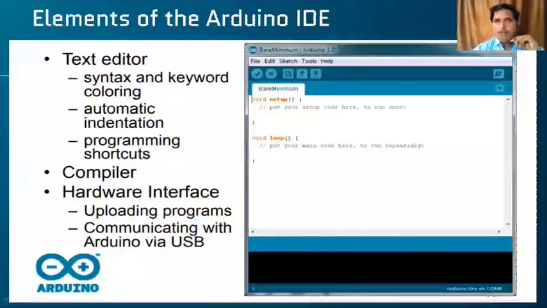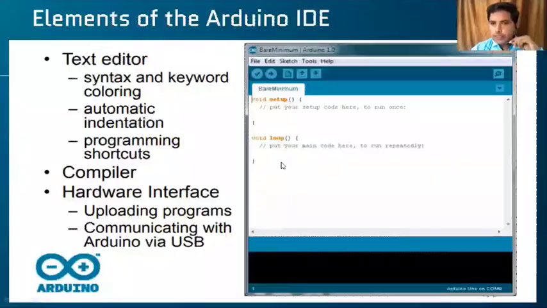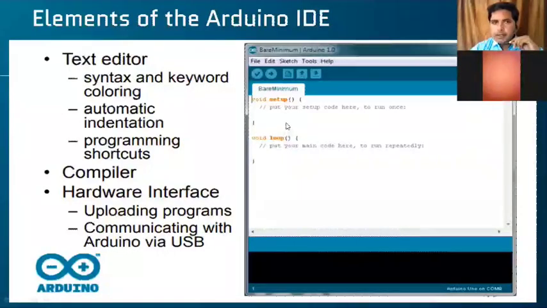As I said, when you open the software window, it has different sections. It has a text editor where void setup and void loop are written, it has a compiler, and it has a hardware interface.